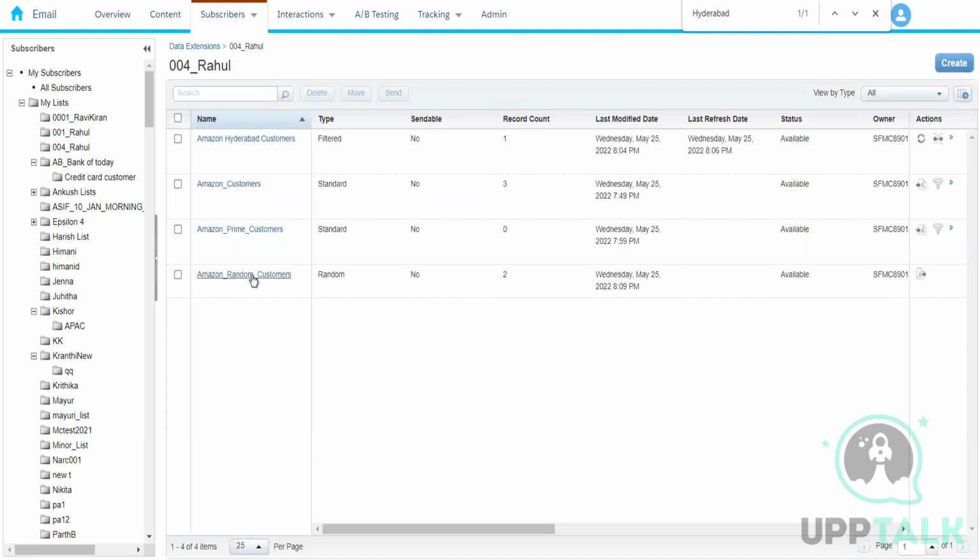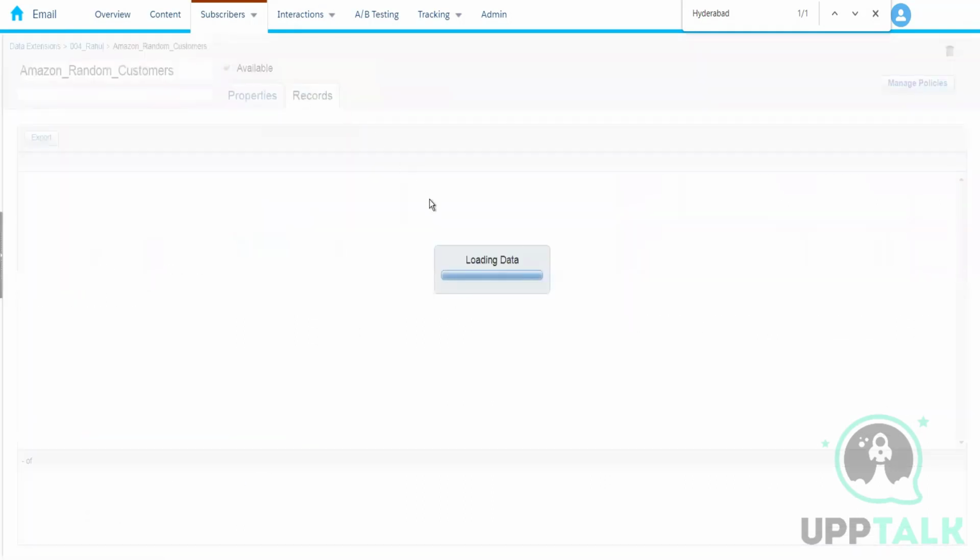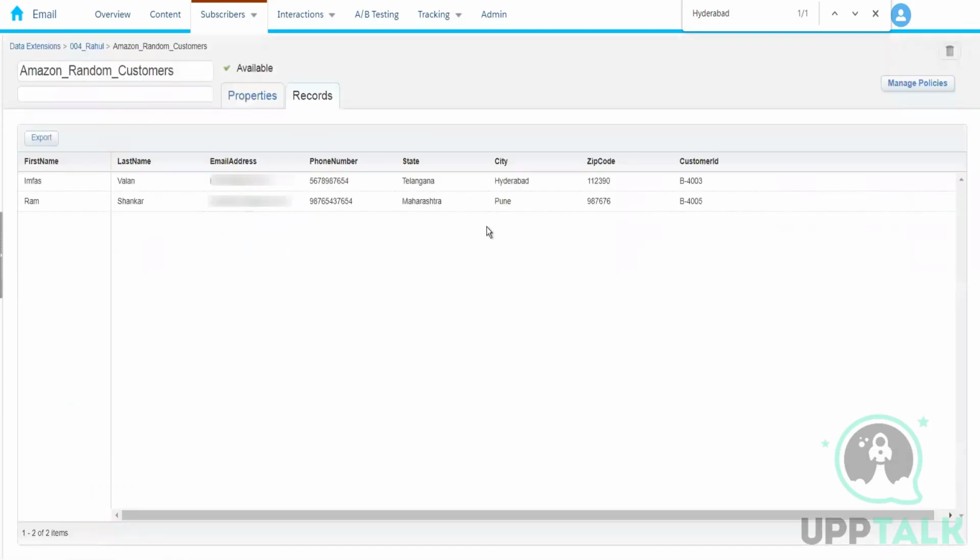Okay, so it has randomly picked two customers. We had not defined any criteria, so we don't know what these two records are. It says infas and